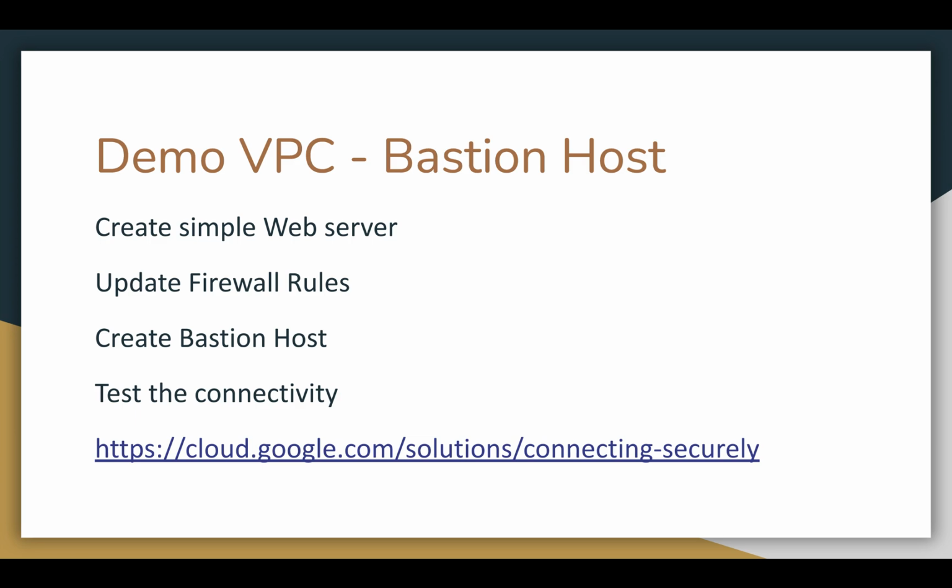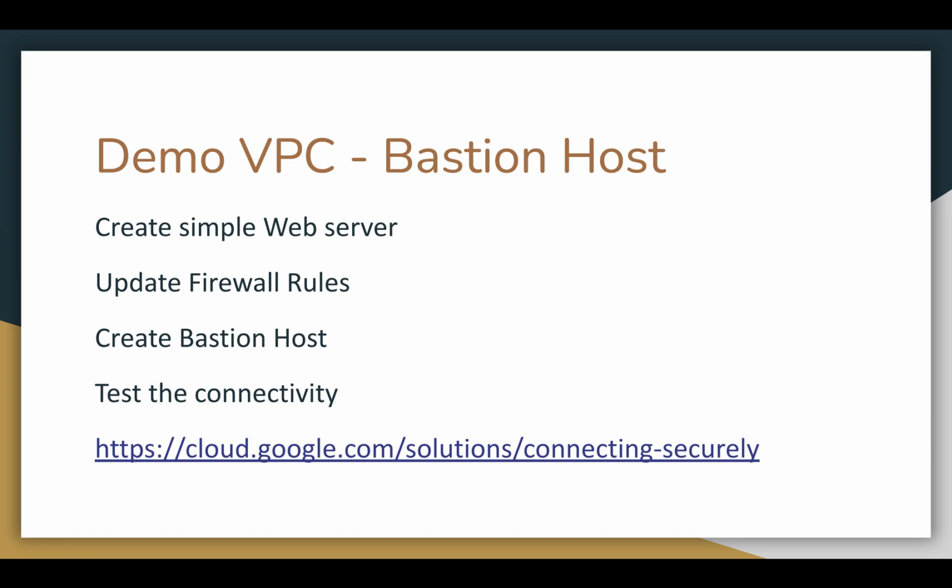In this demo, we will create an application web server which will represent a service applied to employees of the company. Then we are going to prevent access from this web server out to the internet by placing a firewall in between. Finally we are going to create a maintenance server, also called a Bastion host, which will be able to access the web server. And finally we are going to test the connectivity to that server. Yes, let's start the demo right now.